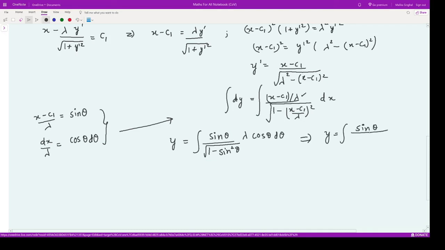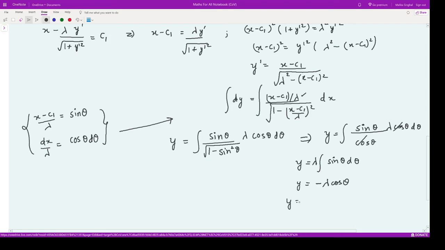So we have integration sine theta divided by cos theta into lambda cos theta d theta. This cos theta cancels, so we have y is equal to integration, lambda being a constant is taken out, so we have lambda integration of sine theta d theta. So y is simply equal to minus lambda cos of theta,